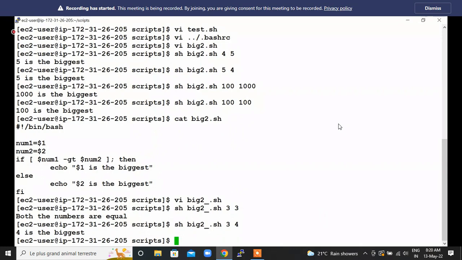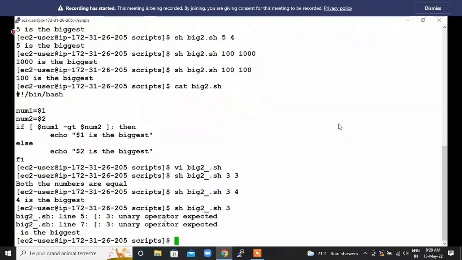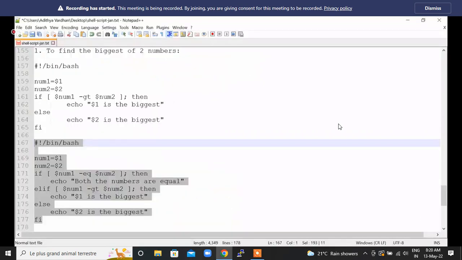So what are the errors that you might find, let's say, from the clients or whoever is executing the script? Let's say if I only pass one value, if I only pass 3, we will not be getting any value because we need to have two values here. We want the user to enter two values, but he's only sending one value. So that's an error we'll be getting. So I'll write one more if condition saying